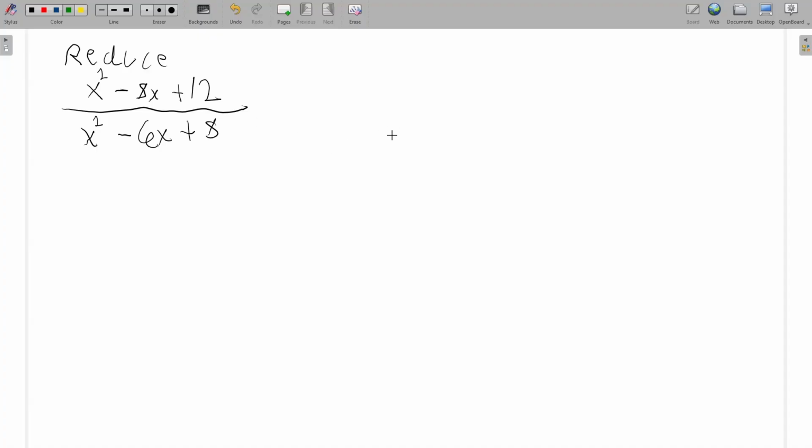So how do we do the first one? Well, this is a trinomial where the coefficient is 1. Pretty simple, right? We go, okay, we can do 12 and -8. Find the two numbers, right? Go, okay,